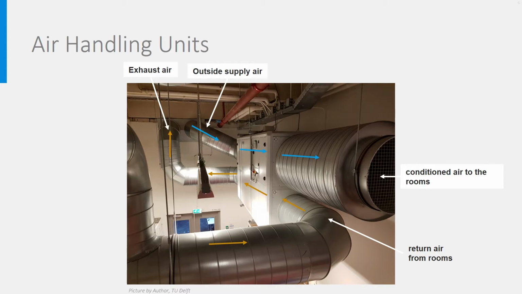The blue arrows show the path of the outside air, which undergoes some of the processes described previously and then is led to the living zone. In many systems, the air is led directly to rooms, but in my building it is simply supplied to the corridor and from there goes naturally to the rooms, which are in slight under pressure because there is a fan in the return pipe sucking the air out.